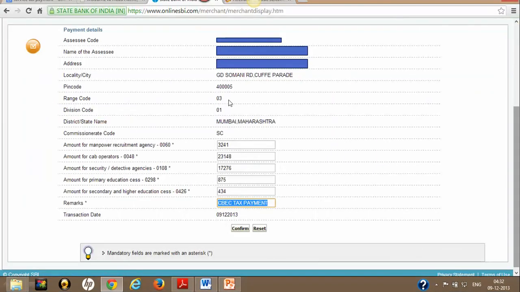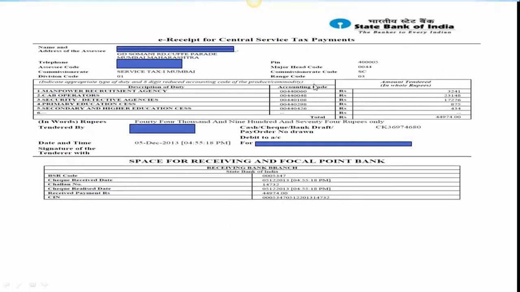As you click on the submit button, it will fetch the information like this. The SSC code will appear once again over here, along with the name of the SSC, address, and all the other details, and the most important detail, the amount of service tax which I fed in the earlier windows. You can verify whether the amounts appearing are correct or not. And this is the transaction date and the confirm button. After putting in your transaction password,